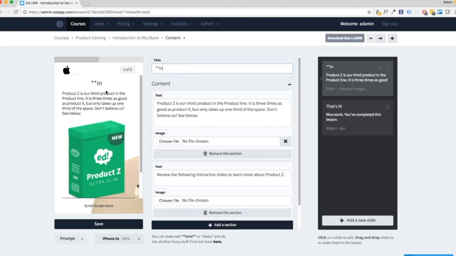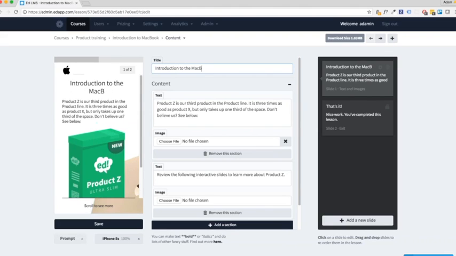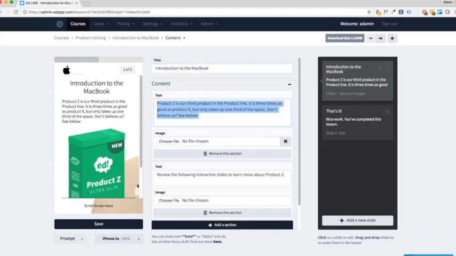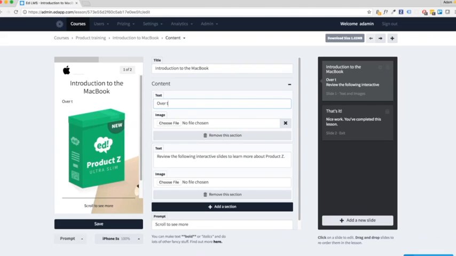Introduction. And we're just going to let the learners know what we're doing here and why they're learning about this content. So let's say in this